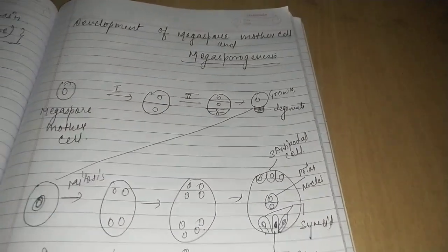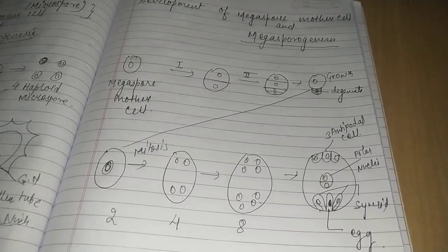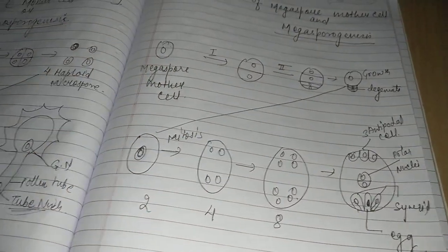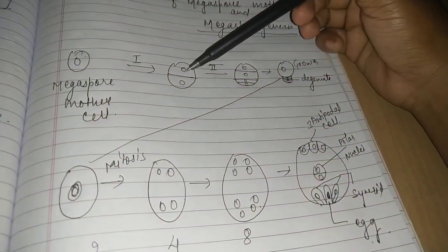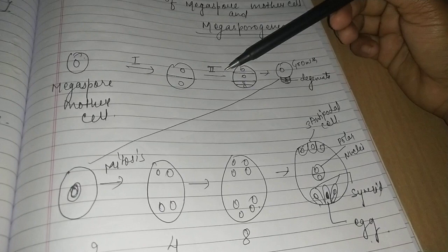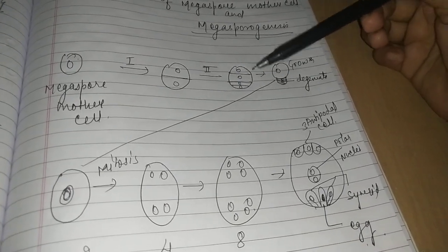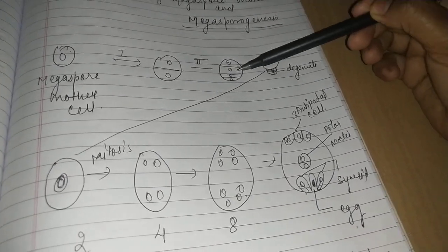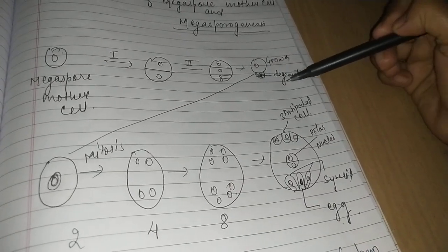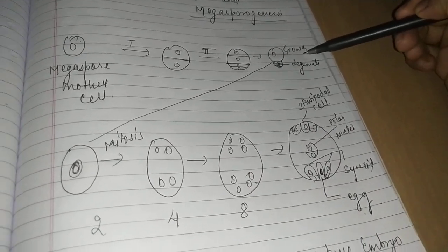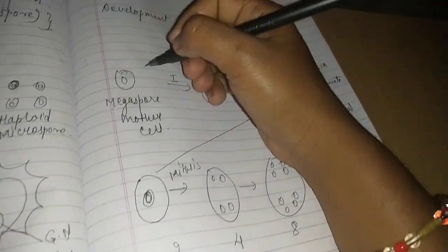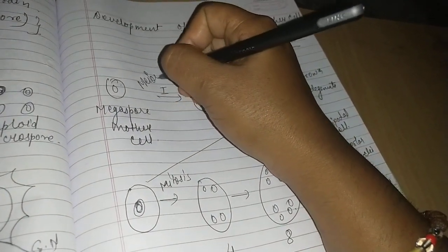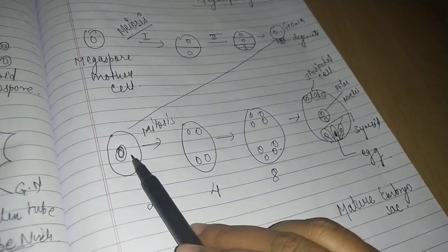After that, the simple development of the megaspore mother cell, that means the development of the ovule. Same as before, the megaspore mother cell has its first meiosis division. After that, two cells form. After that, the second meiosis division, and four daughter nuclei form, sorry. After that, the other three degenerate and only one grows, and then that one goes for mitosis division. Here is meiosis one, here is the mitosis.